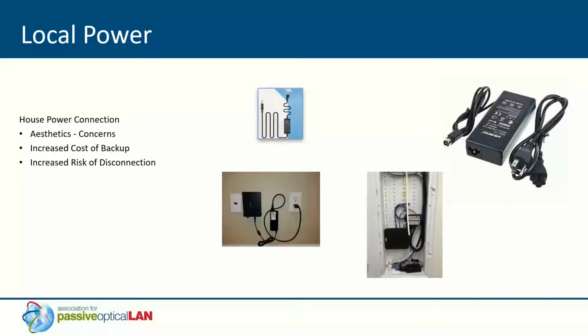And we installed this in March, and from March to November, the system operated flawlessly. And then all of a sudden, in December, we started having issues out in the cubes. And I'm from Florida, so forgive my insensitivity, but I guess it's drafty in New York in November, and several people were bringing in under the desk heaters, and they knew where all the plugs went except for the one that was going to the ONTs, and that was the one that typically was getting unplugged to plug in that under the desk heater. So that's what I talk about when I say sometimes the local AC power may not be the best choice. Next slide.